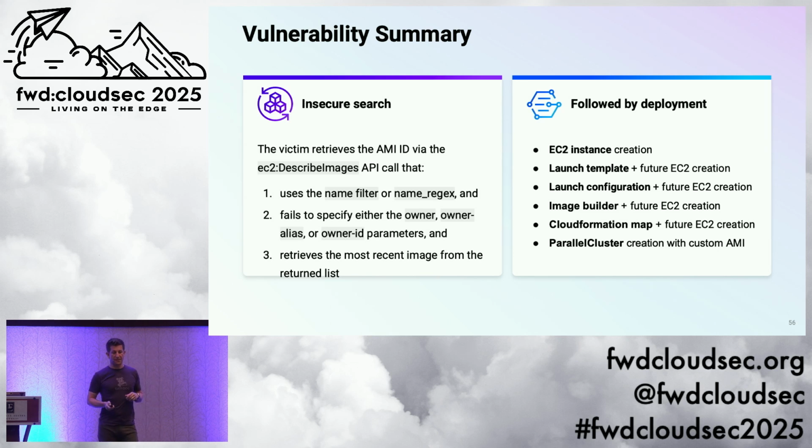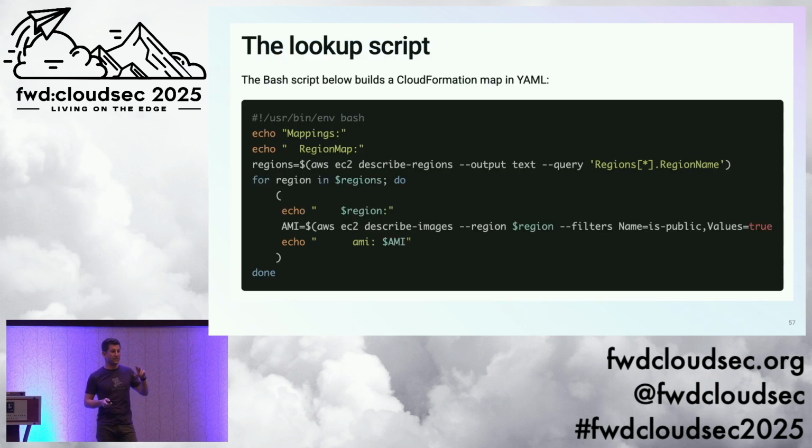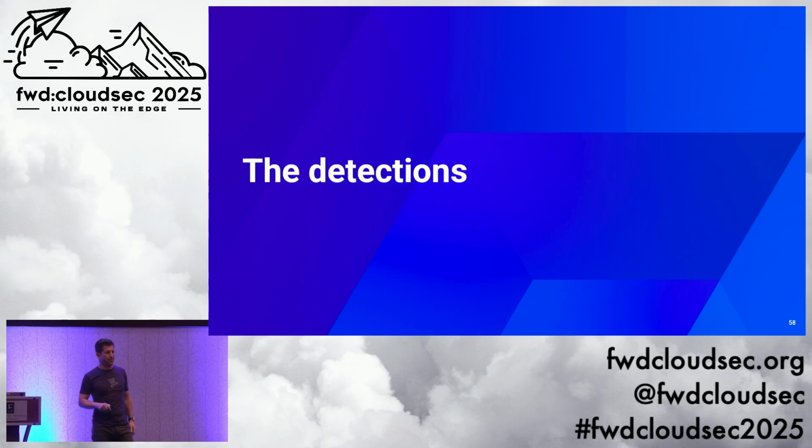Same thing. Look at this example I found for a CloudFormation map. So this is on a well-known vendor website. It was an example, but it says this is how you can grab AMI IDs to populate a map that your CloudFormation stack will use. Well, depending on if the attacker was exploiting this, at the point where you grab those AMI IDs, it might be a day, a week, a month later where you execute the attacker's AMI. So how can we detect this? Little suspense.